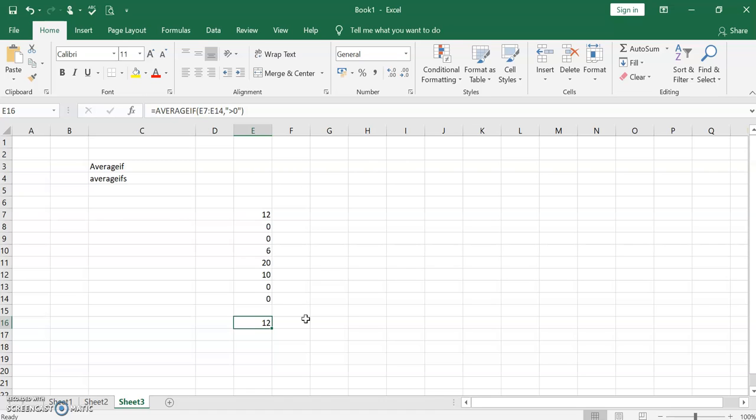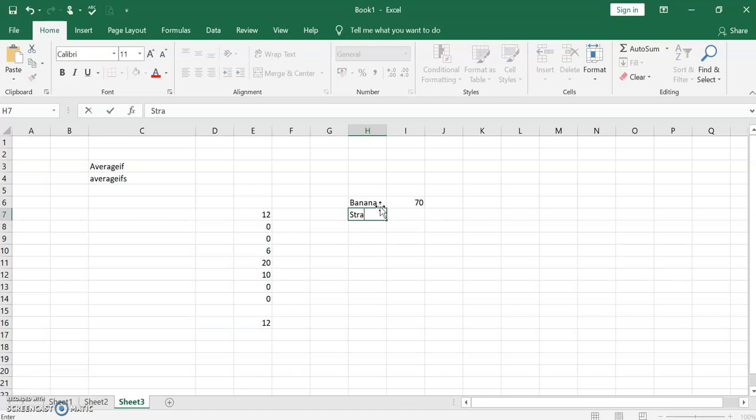You can even use this with arguments. For example, you take another criteria. Say you have banana, which is maybe the cost of banana, or whatever the range is, and you can give 70. And you have another fruit, strawberry, and another fruit, apple.